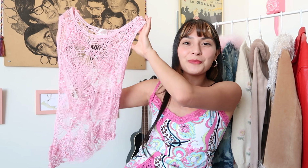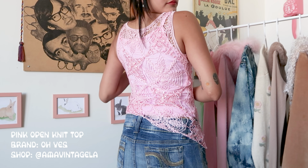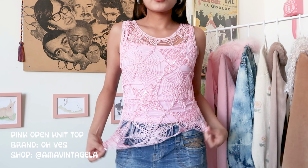I know this haul has been so freaking long, so if you made it to the end, thank you so much. But we are finally down to our last item of the entire Rose Bowl haul, and it's from a supporter and friend of mine. Her name is Annalise. She is the owner of Ama Vintage, and so I had to snag up this cute little pink sleeveless top. It's hard to tell what it is on camera, so just refer to the try on, but I've been super obsessed with open knit pieces lately, and I finally found one in pink,